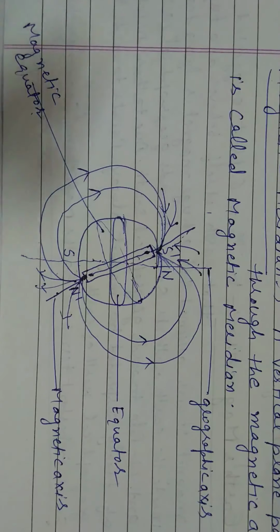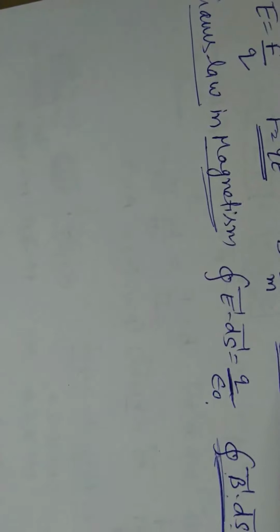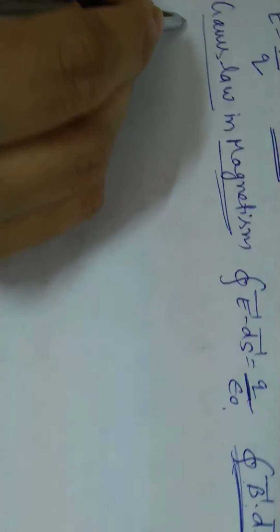And the cause of earth magnetism is not exactly explained. It is explained that the rotation of earth is responsible for the earth magnetism. The earth atmosphere contains ions, when the earth is moving, the ions are moving and they produce currents. The core of earth is considered to contain magnetic materials, but ultimately the rotation of earth is responsible for the earth magnetism.